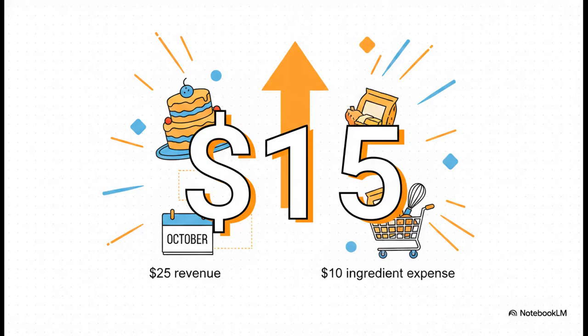But look what happens under accrual accounting. Your breakthrough number is $15. By applying that matching principle, we record the actual substance of the transaction. We record the $25 revenue in October because, hey, that's when we earned it by handing over the cake, and we pull that $10 ingredient expense into October to perfectly match it against the revenue. Suddenly, all that chaos just clears right up. The matching principle reveals our true, objective $15 profit exactly in October, which is the exact month it was truly earned.